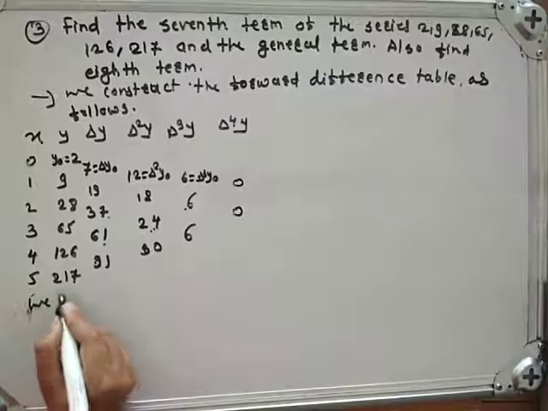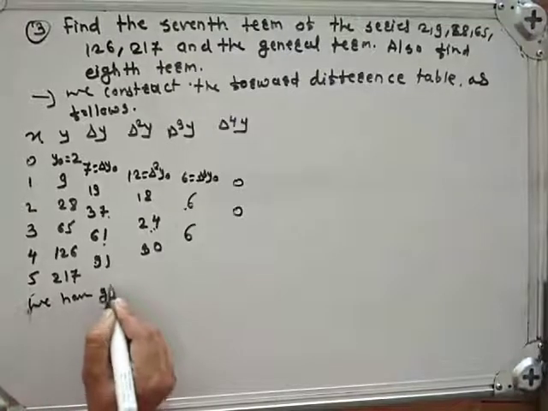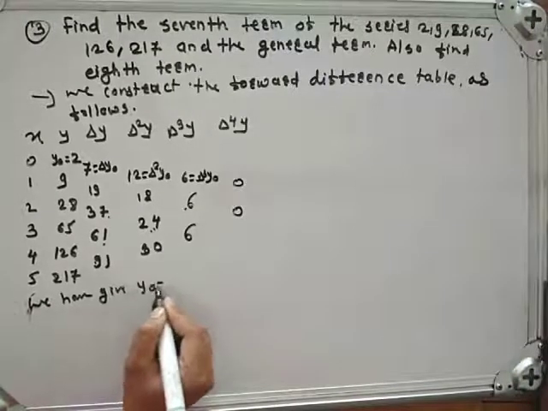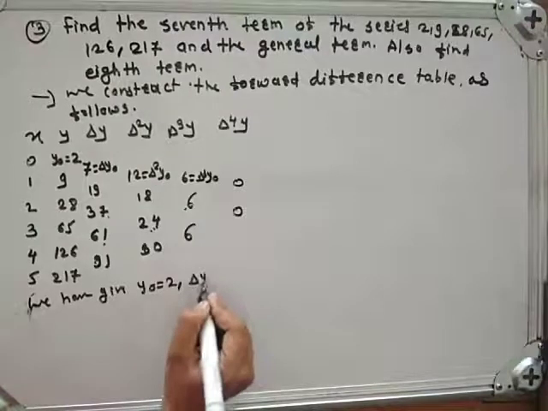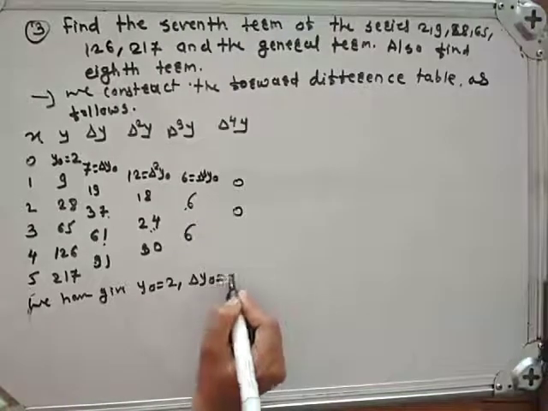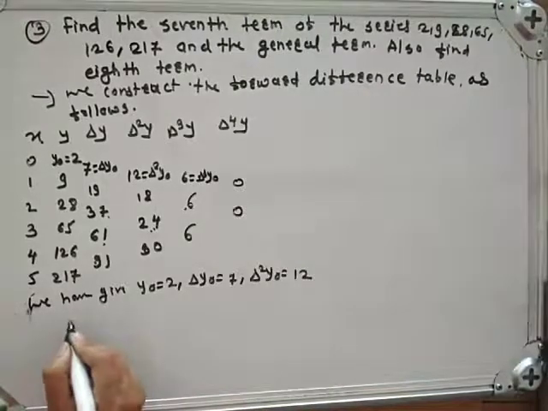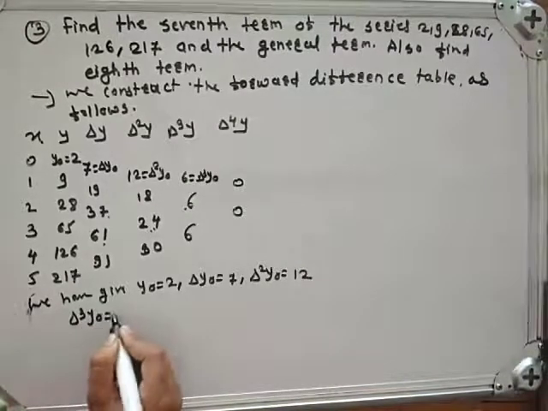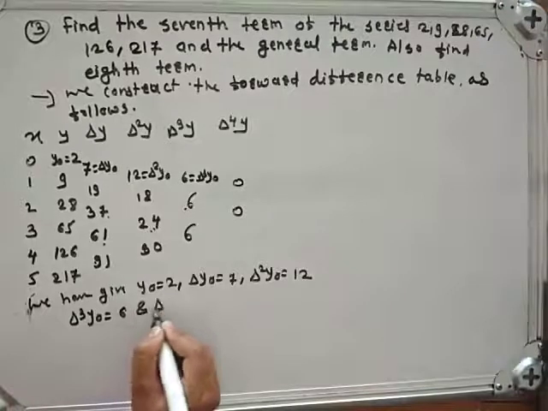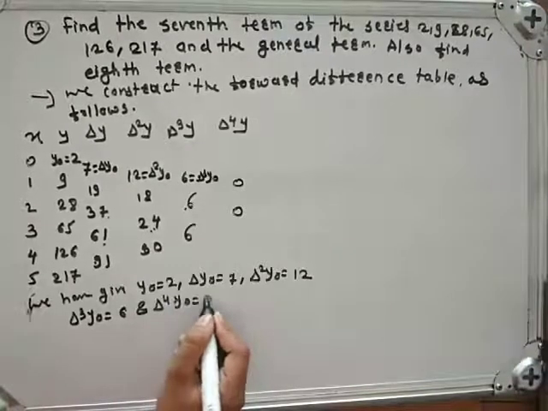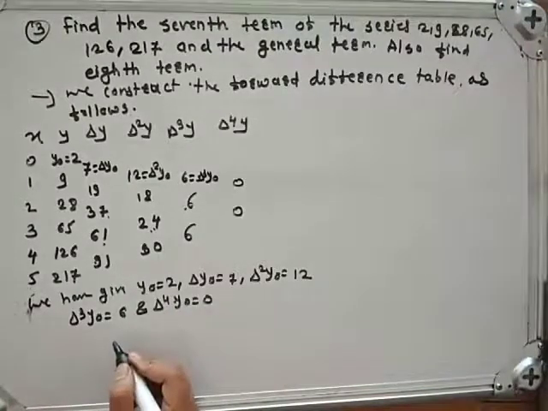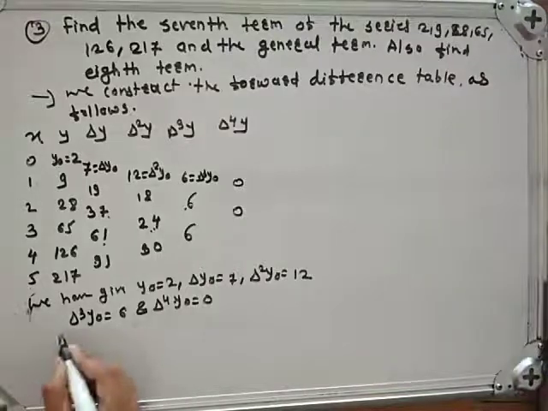Here we have given y0 is equal to 2, Δy0 is equal to 7, Δ²y0 is equal to 12, Δ³y0 is equal to 6, and Δ⁴y0 is equal to 0. Okay. The seventh term of the series is